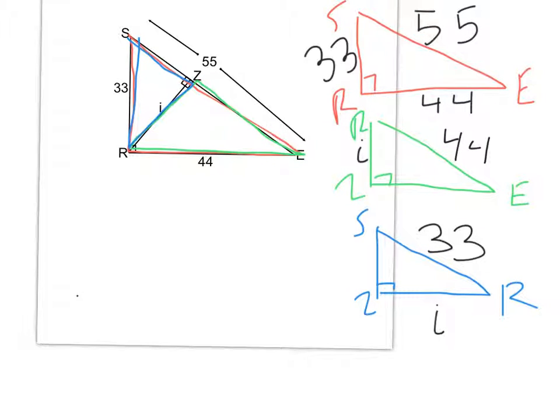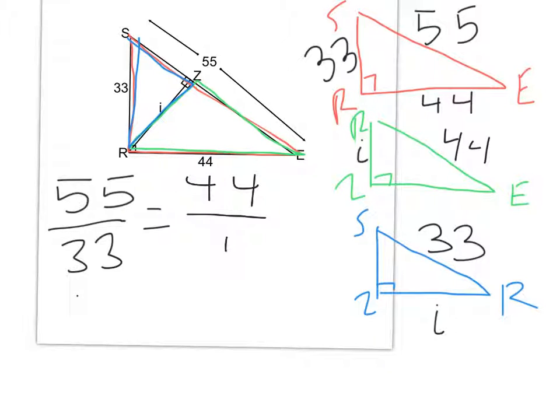Okay, so we're going to start off, and I'm going to start with my big red triangle. I'm going to have that be my first proportion I set up. So that is going to be 55 over 33 is equal to, and I want to compare that to my proportion in here, so 44 over I, 44 over I, and now we're just cross multiplying, so we're going to have 55I is equal to 33 times 44,